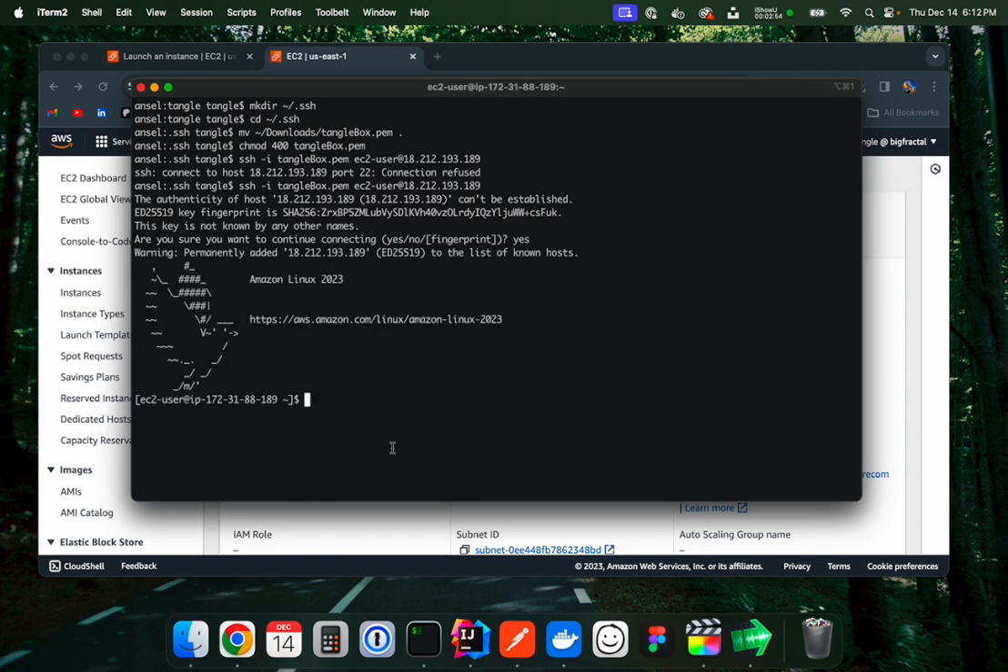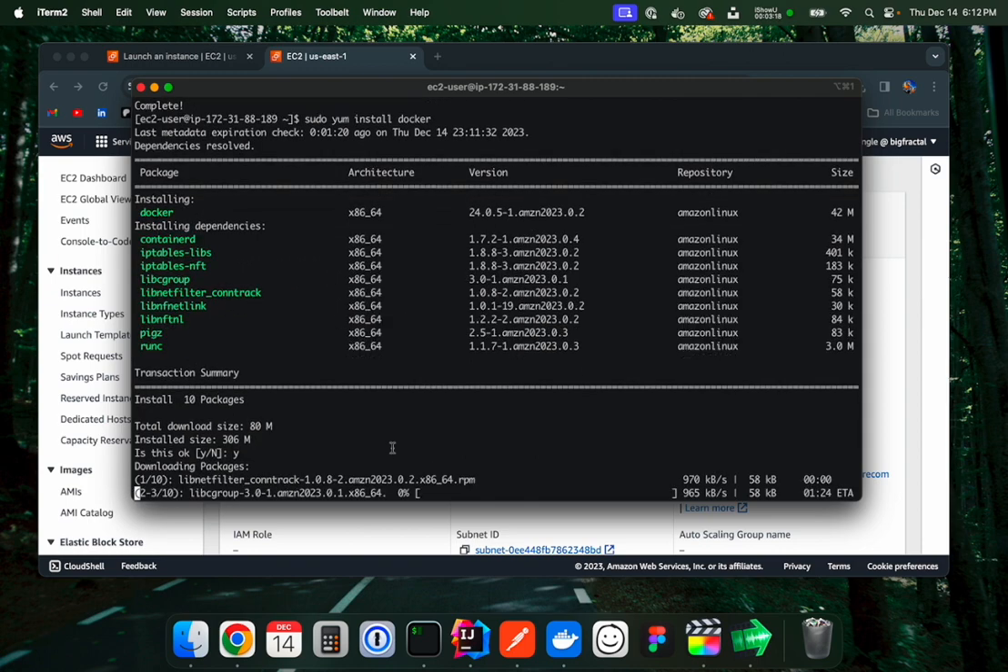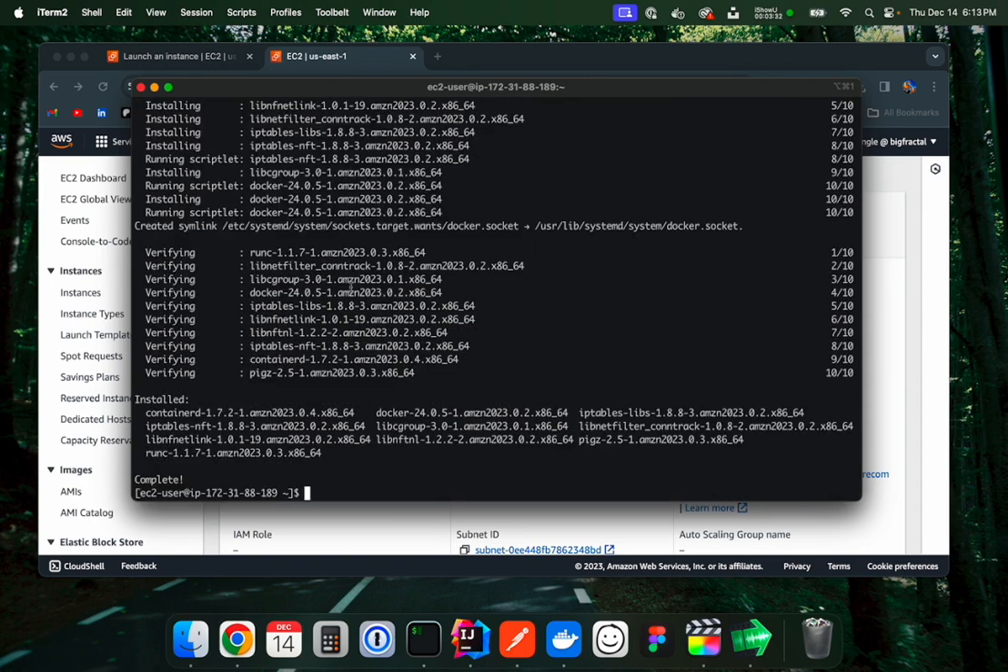All right, so we have a completely blank Linux box. First thing I want to do is install Docker. I'm going to start by doing yum update. It says everything's updated. Sudo yum install Docker. Yes. Now I don't remember the steps here, so I'm going to